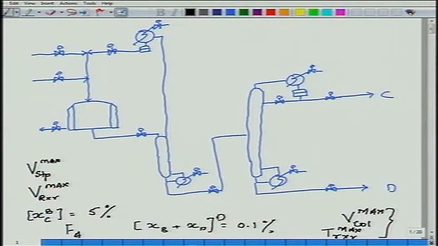All right. Now that I know that my last constraint to become active is V column max, I say that I am going to use this. That means all these constraints need to be tightly controlled. Tight control of all these constraints implies, well, V column max is a manipulated variable, boil up. If I use it for control, I will require back off. That will represent an economic penalty. So anything that is an active constraint which is a direct manipulated variable should be left alone. So leaving it alone implies that I do this,